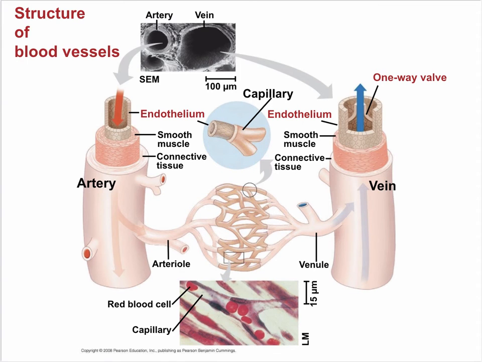Hey everyone, let's take a little bit closer look at the blood vessels that carry the blood to and from the heart and to all parts of the body. The delivery system for dropping off the nutrients and oxygen that all of our cells need and picking up the wastes that those cells produce so that the wastes can be delivered to the excretory organs that can get rid